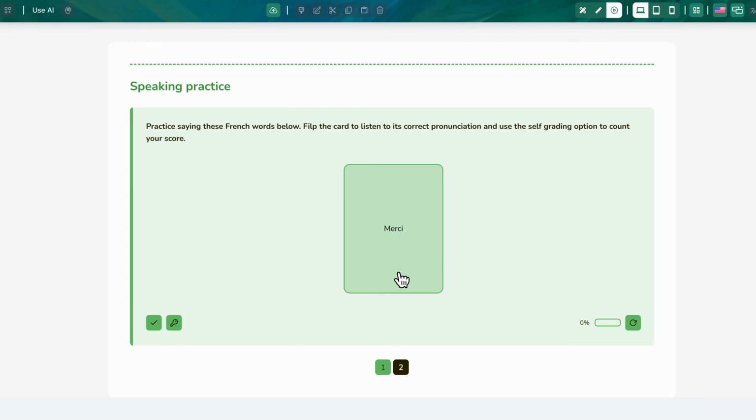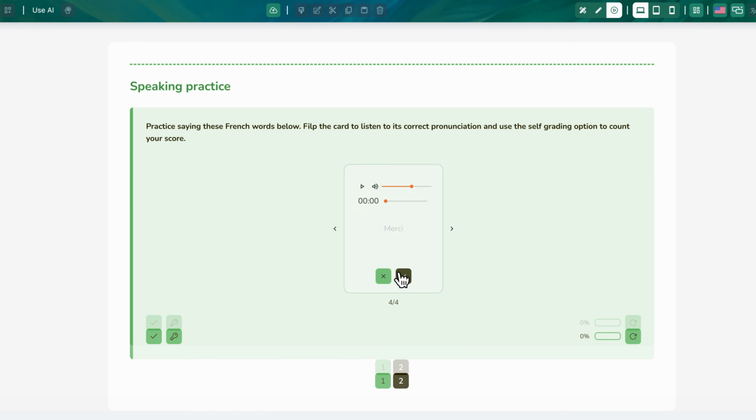All the cards marked as incorrect will keep reappearing later in the stack for us to try again. When all the cards are marked as correct, the module reveals buttons that allow us to browse back and forth between them. We can then press the check button to see our total score.